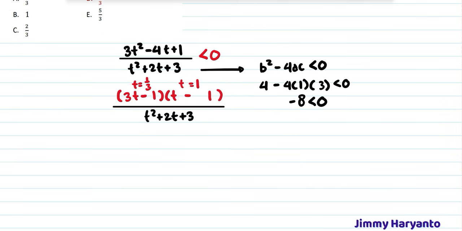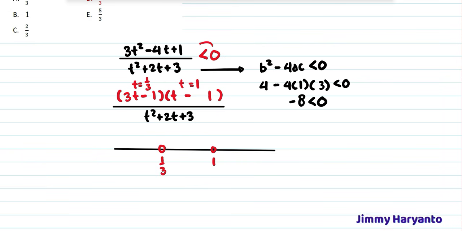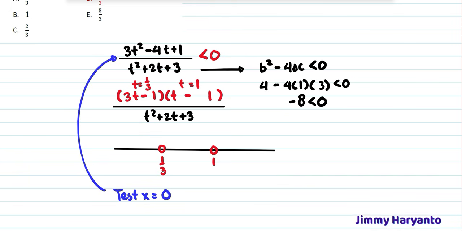If you find an equation like this, that means you have to ignore the denominator, yeah. On the number line, you only have to input 1 over 3 and also 1. Okay, let's take a look at this. It's only less than, that means we cannot color the dots, just leave them blank like that. And then we have to test a value of t. I will take 0 and input it right there. You will have 1 over 3 for the result, and it's positive, yeah. So 0 is right here before 1 over 3, and the value is positive for this region. And then for this region it will become negative. This one will be another positive.